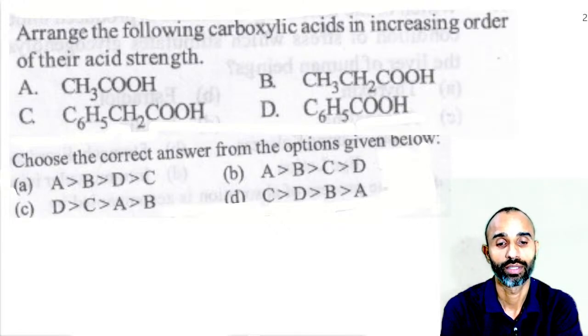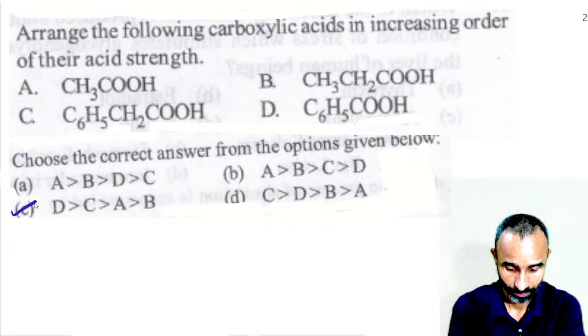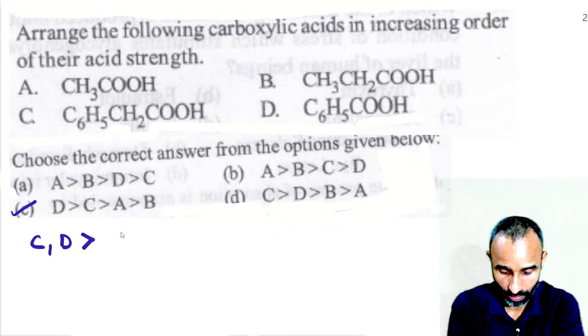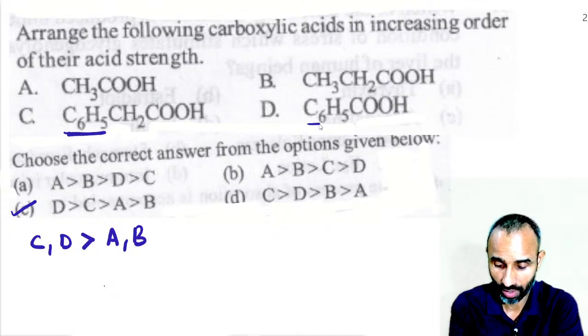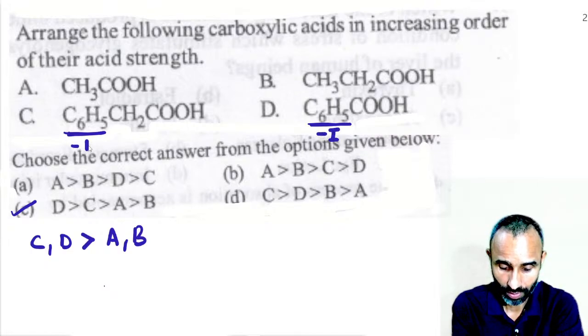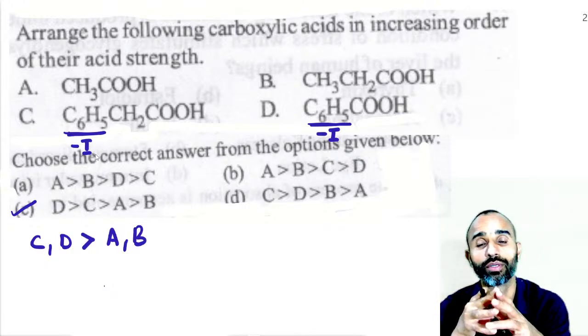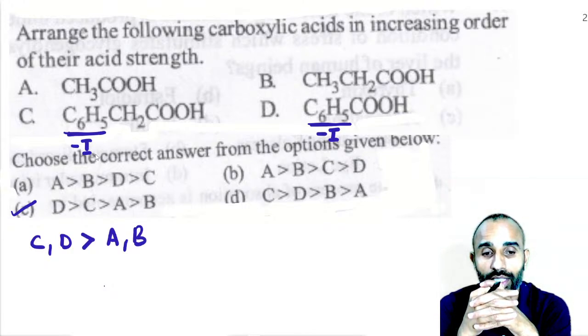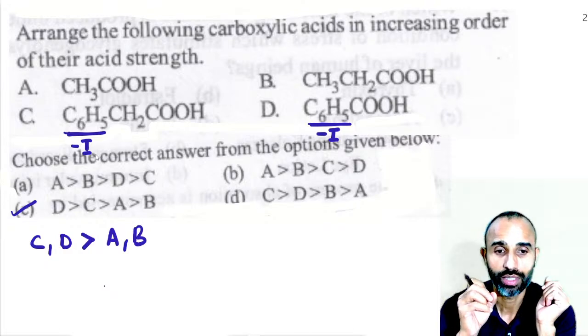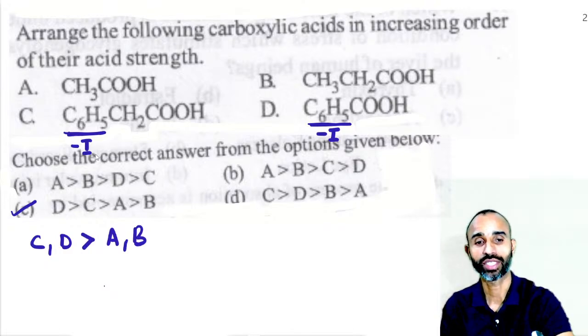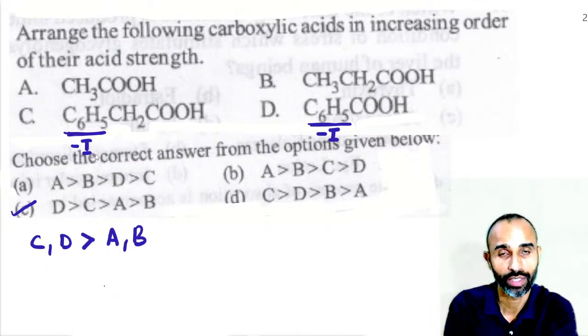It should be option C, because if we compare these, C and D should be more acidic than A and B, because in this case there are phenyl groups, which we take as a minus I group attached to the COOH group, and because of this C and D are more acidic than aliphatic carboxylic acids,